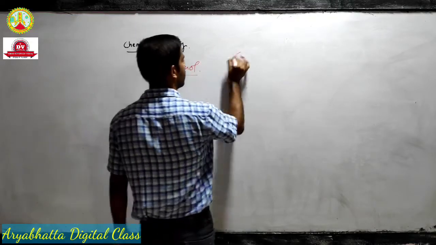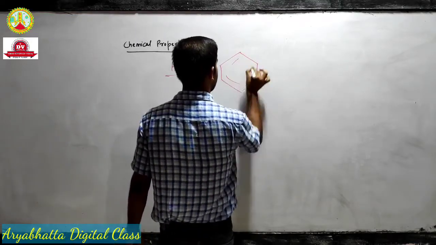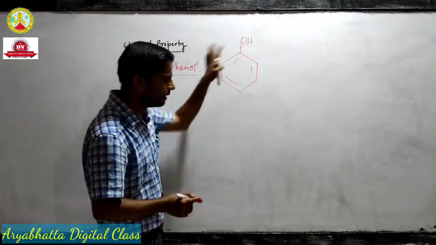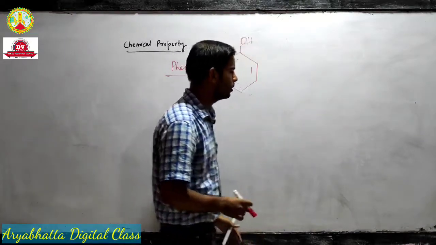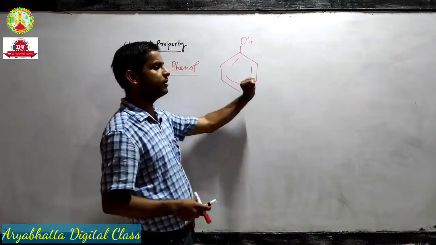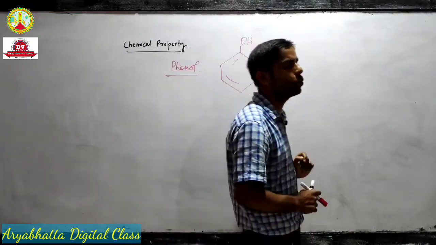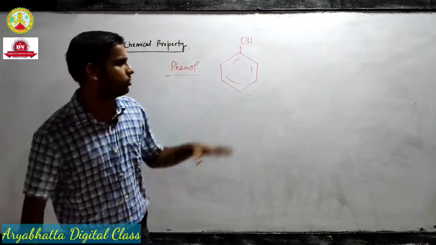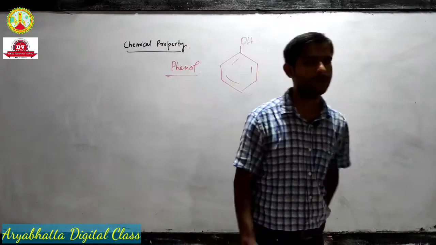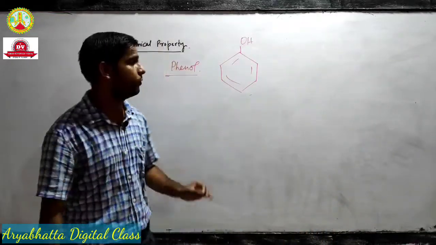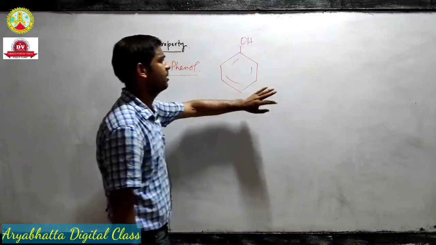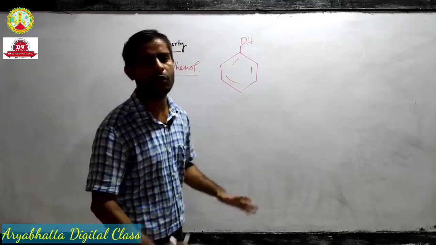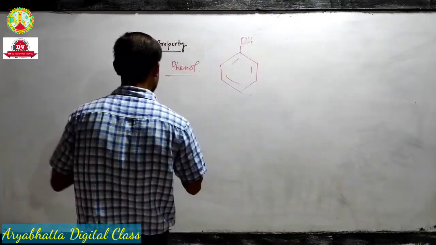So since phenol is the same hydroxyl group attached to benzene ring, we have already discussed its acidity. So obviously, since it is attached to a benzene ring, primarily it will show electrophilic substitution, okay. That means most of the reactions involving phenol are electrophilic substitution, and I have discussed electrophilic substitution in all details. Just you have to know that OH is highly activating and ortho-para directive. That means if you